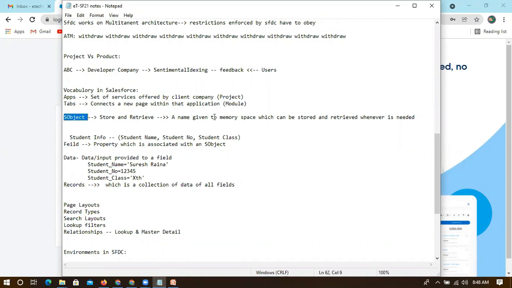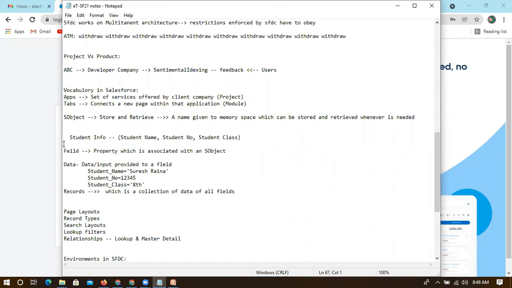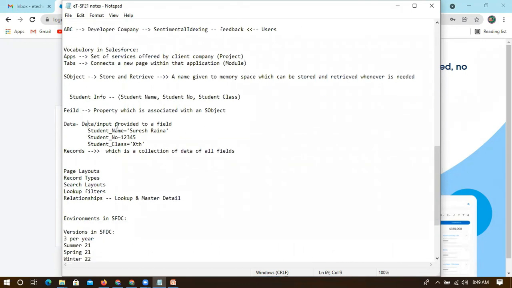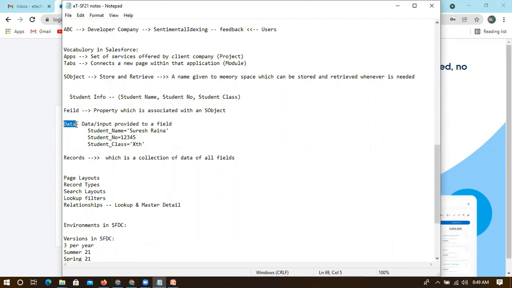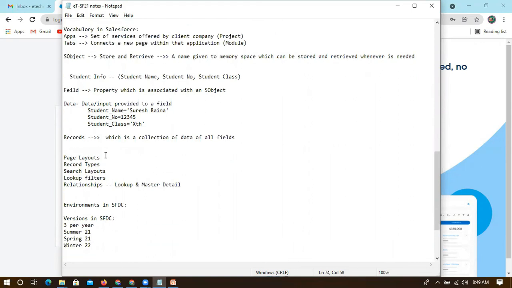An SObject can store and retrieve the data, with the given namespace, so we have to provide some name and accordingly retrieve. Like this, Student Info is an SObject which contains multiple properties. That property we call a field. So a field is a property associated with an SObject, data is the input provided to a specific field, and a record holds all the data of the fields, a collection of all the data of fields.